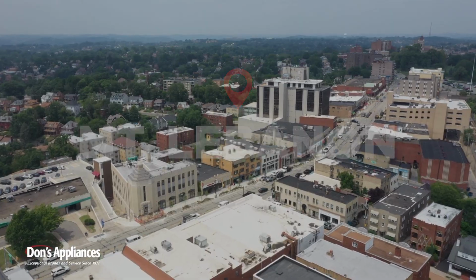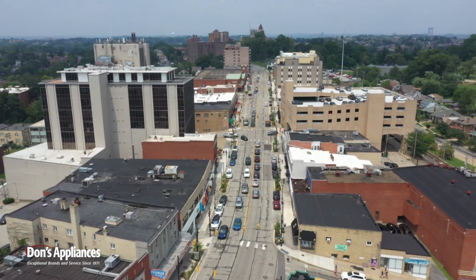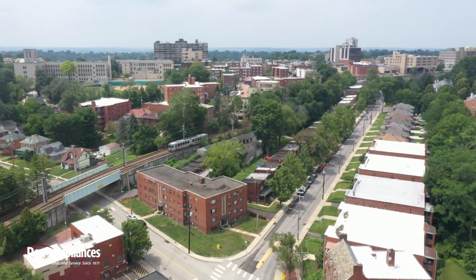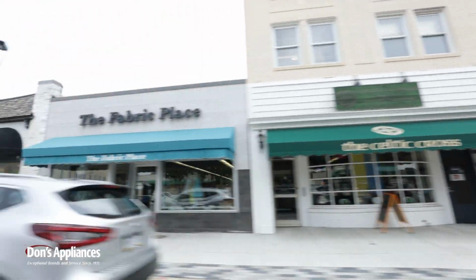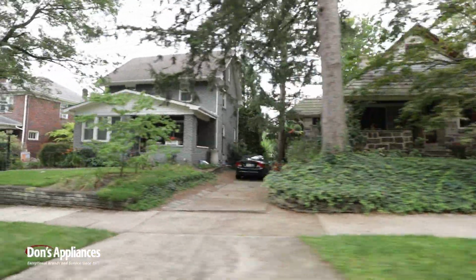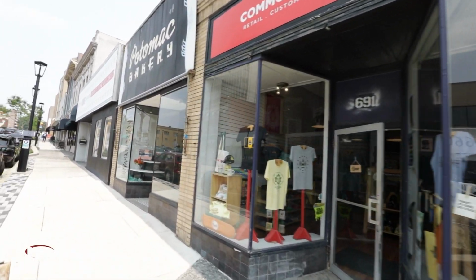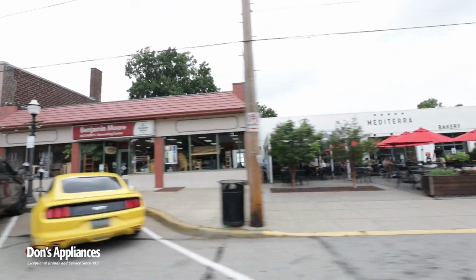So here we are on a beautiful day in downtown Mount Lebanon. Mount Lebanon is a walking community situated just south of Pittsburgh. Route 19 passes right through the heart of Mount Lebanon. You can get to it by light rail transit from downtown Pittsburgh, and the transit will take you further south to South Hills Village. As you can see, this is a bustling community with some great stores. Throughout most of Mount Lebanon, you can walk safely via sidewalk. I grew up here in Mount Lebanon over 40 years ago, and downtown Mount Lebanon has changed dramatically. A lot of new stores, great restaurants, but one thing has stayed constant,